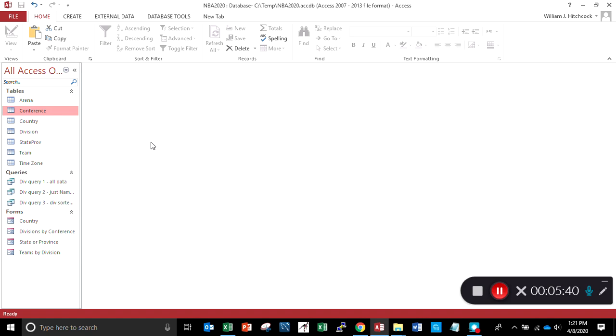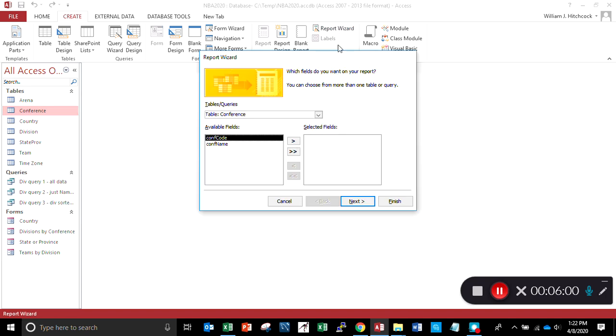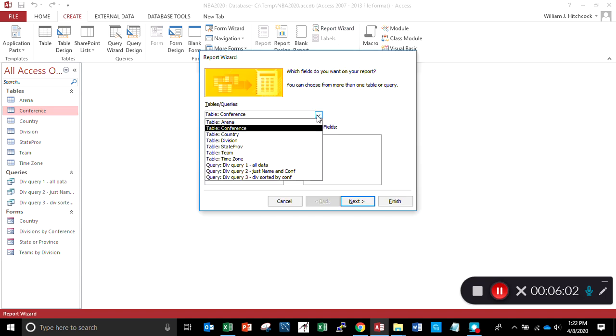Now, the second thing that I wanted to get done today was just to show you how to make a simple report. So same idea, click on create, and if you look under the reports, there's report, report design, blank report, report wizard, and labels. This is one where I would encourage you to use the wizard. It makes life a lot easier. So I'm going to choose the wizard, and then I can decide what it is that I want to make a report of. So I would like to get a list of my teams,